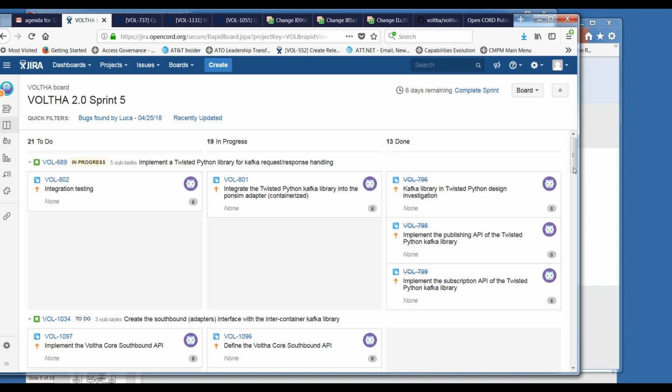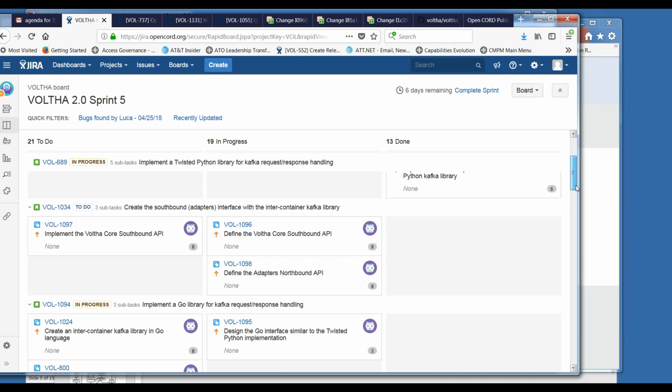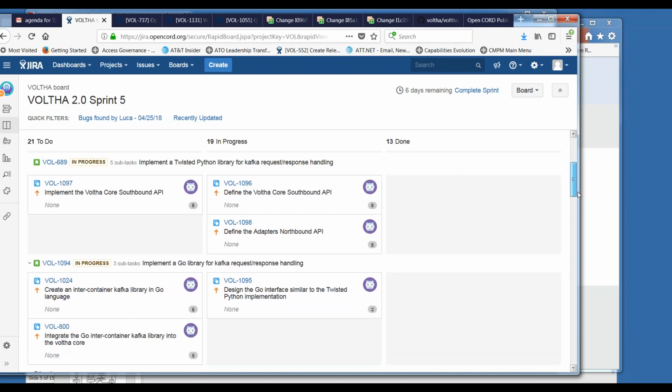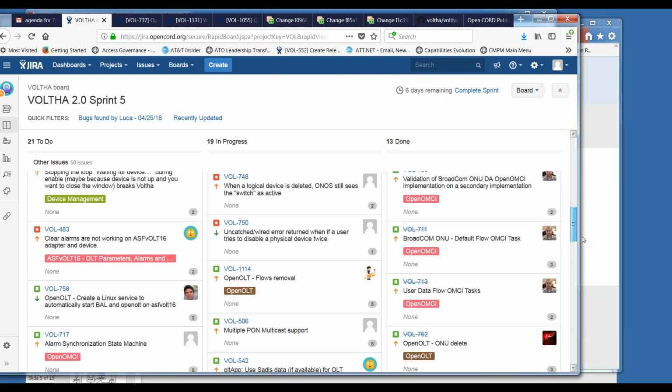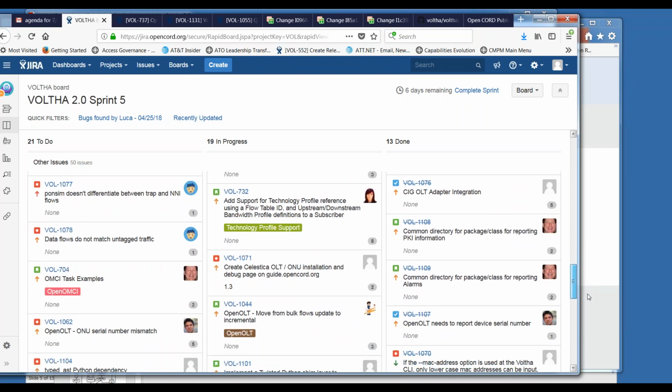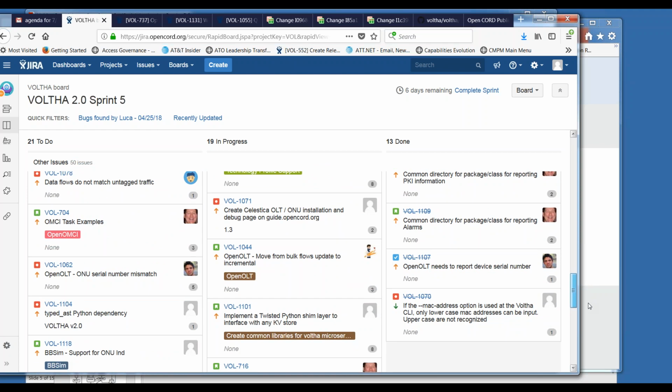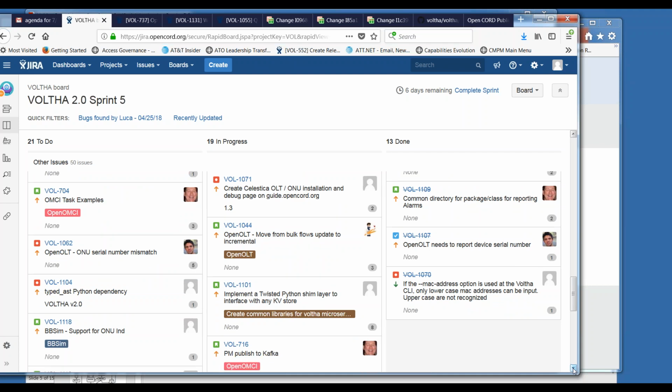So we've got a lot in flight right now, and then we'll get some status updates on Tuesday's call to see how we are for the final week of our sprint. And I think that's probably all we have for today, unless there are specific items people want to dive into. Since Foundry has been tied up, and we had some discussion items from Tuesday that we wanted to discuss, we'll try and slot those in for next week, and hopefully we'll have everyone back on regular schedules so we can have that discussion next week.